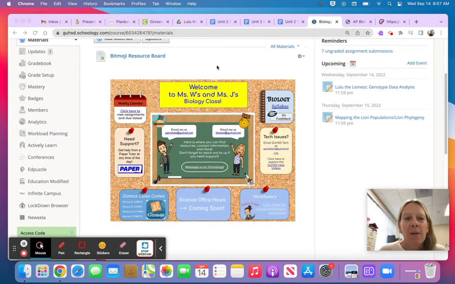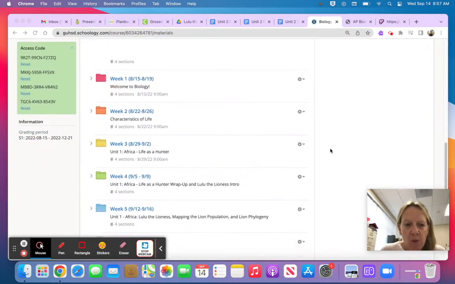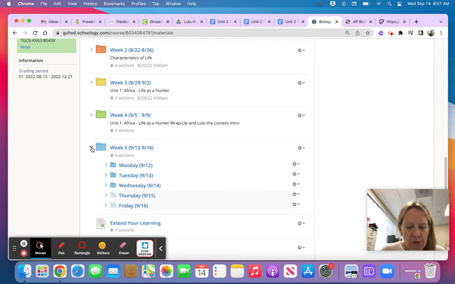Hello. Okay, this is going to be an overview of the genotype analysis activity. It's actually going to be video one of two. In the first one, I'm just going to go over what you need to do for the Pear Deck if